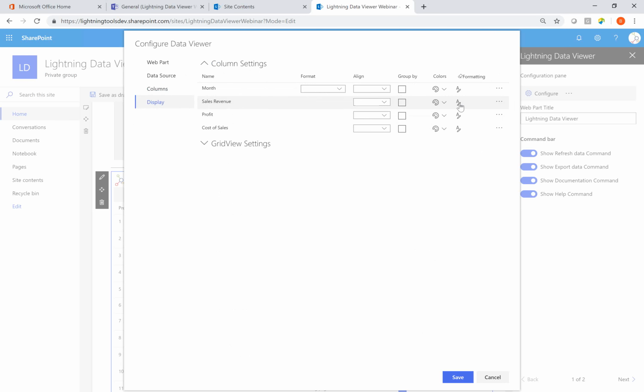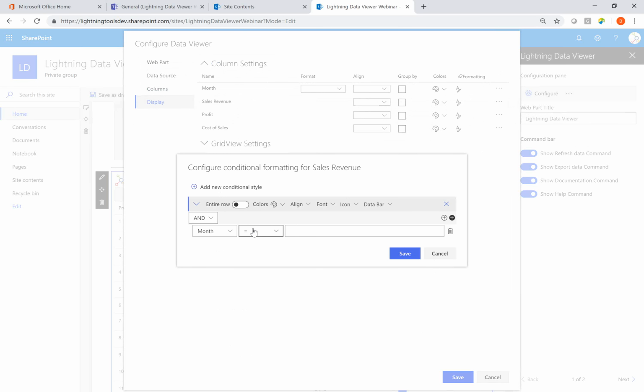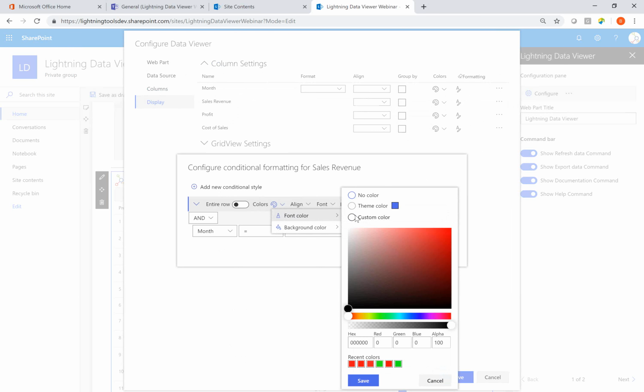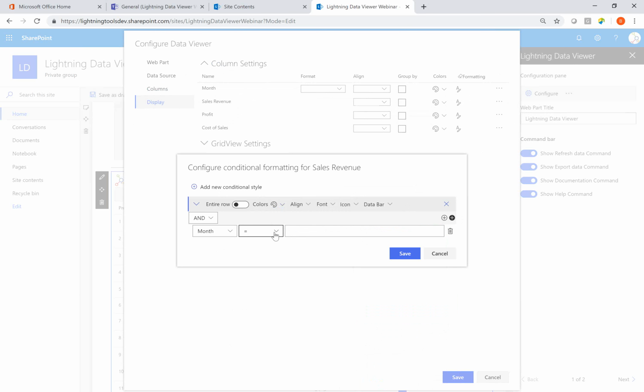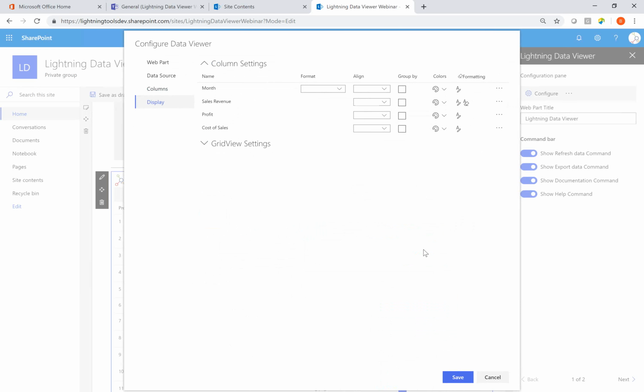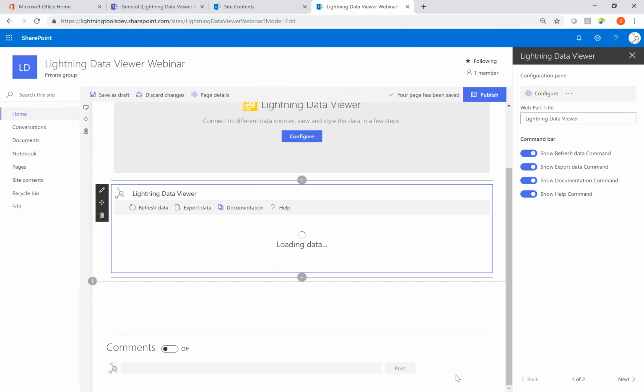So we'll just add a very easy bit of conditional formatting that maybe changes the fore color. If the sales revenue goes over 1 million, there we go. All right, so we can hit save,